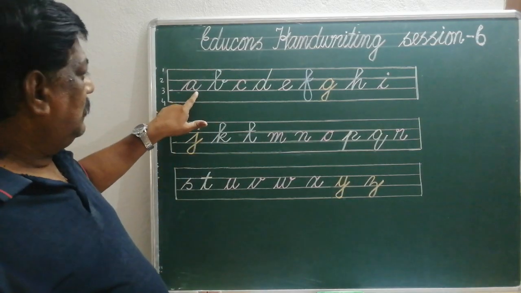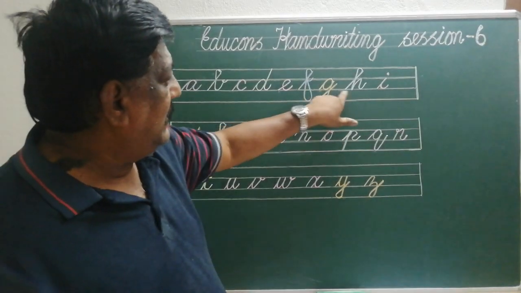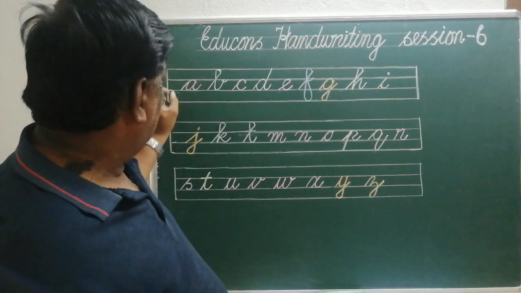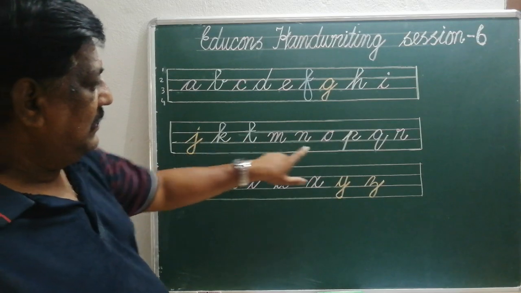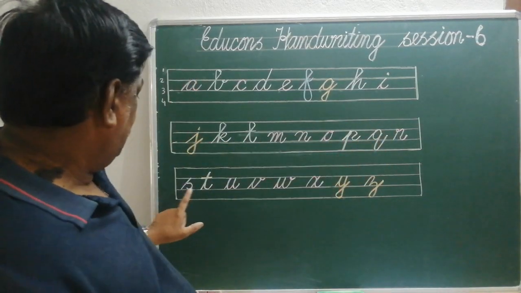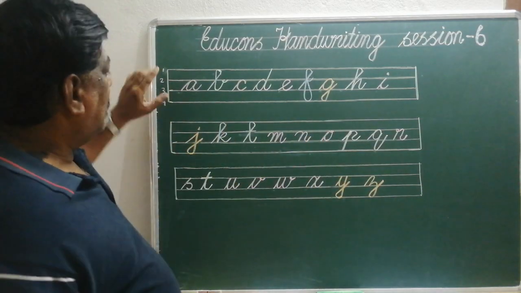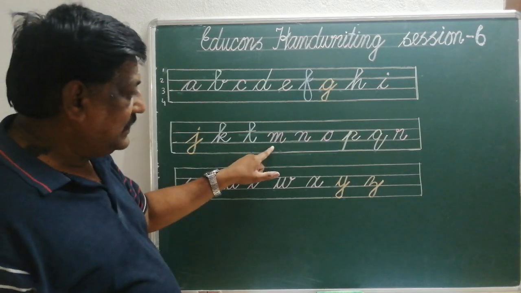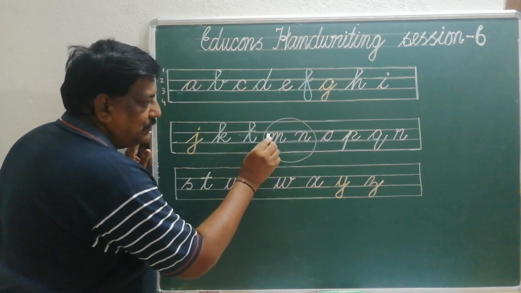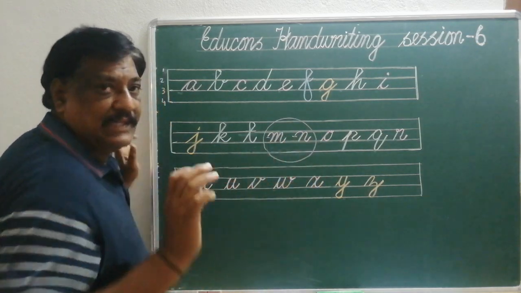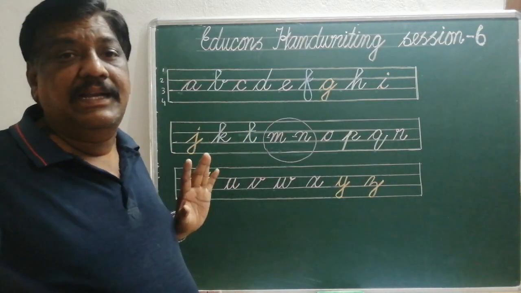Now we can check, you see 1, 2, 3, 4, 5, 6, 7, 8, 9. All these 9 letters are starting from third line. Then 10, 11, 12, 13, 14, 15, 16, 17, 18, 19, 20, 21, 22, 23, 24. All 24 letters, they start from line 3. Except 2 letters, you see, I just circle. These 2 letters start in the middle. This is about the starting point. These 2 letters are exceptions.